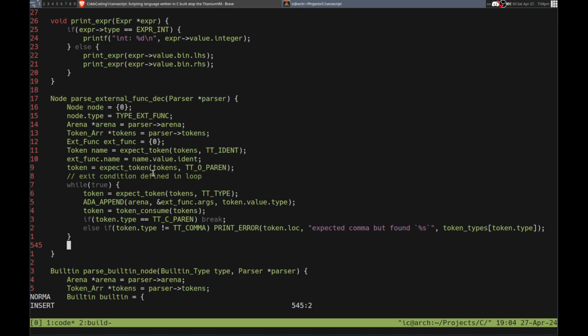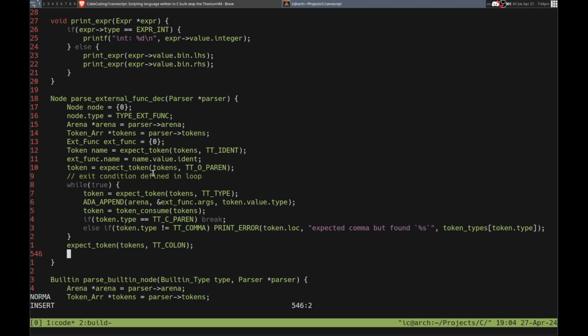So I need the token type colon. Then token type. Make a type, and then